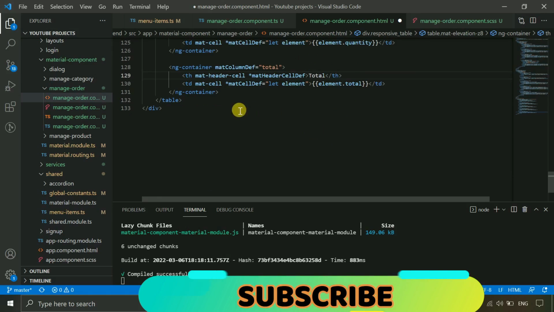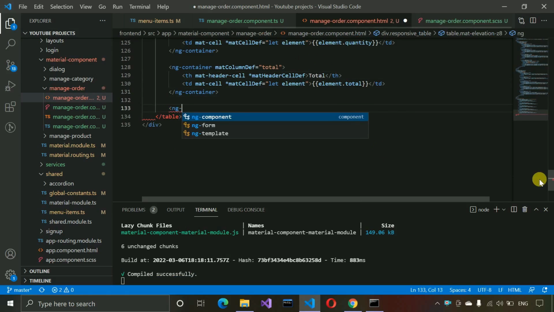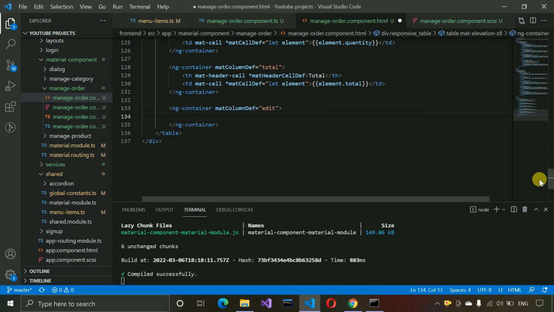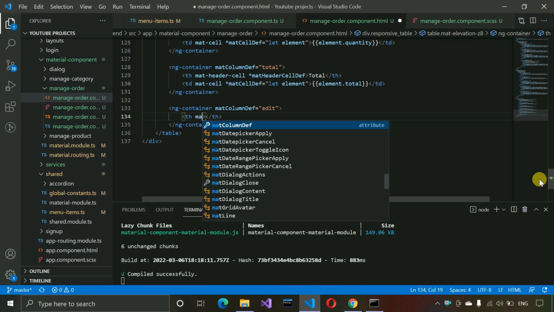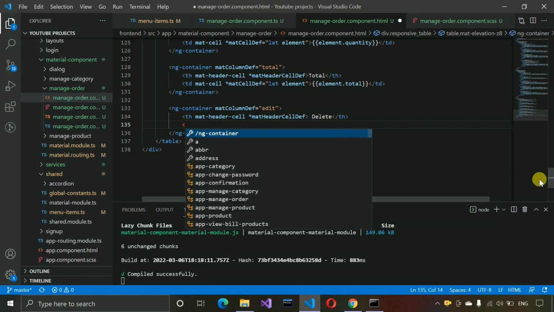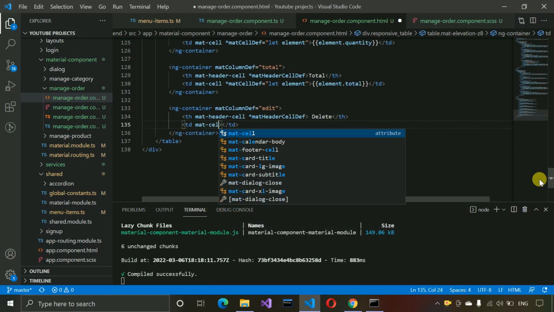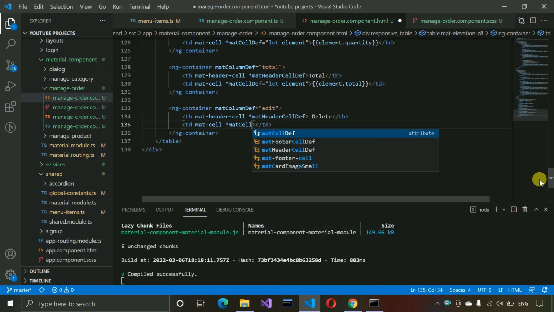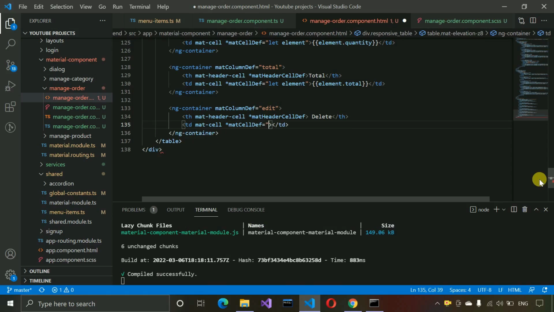So for that here we need to write ng-container, this one, and here we need to write matColumnDef, this one, and here we need to write edit and th, this one, mat-header-cell and asterisk matHeaderCellDef, and here we need to delete this part, and here we need to write delete, and after that td mat-cell, and after that asterisk matCellDef, and here we need to write let element,